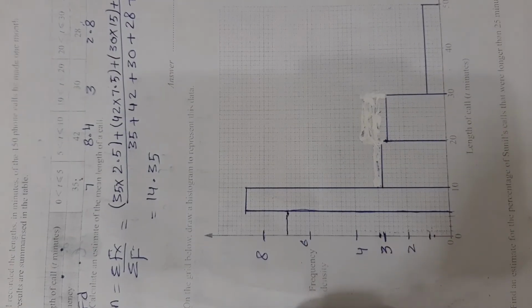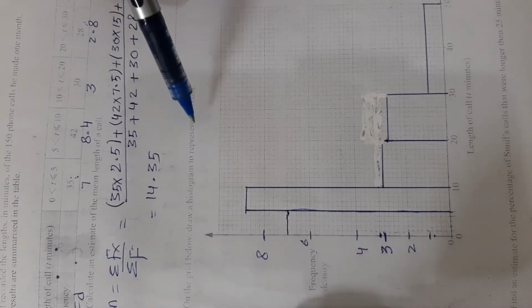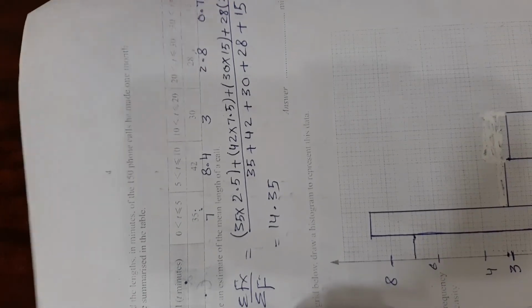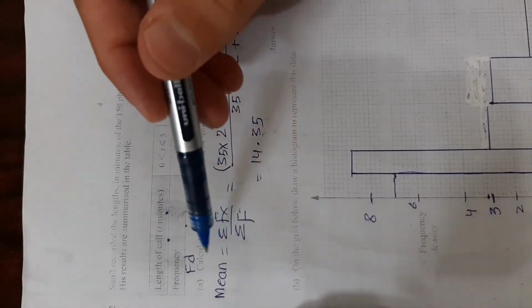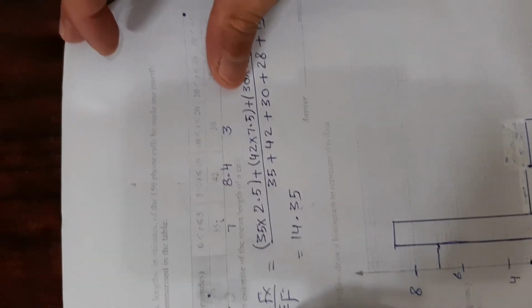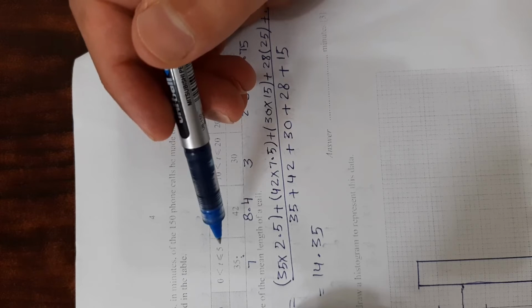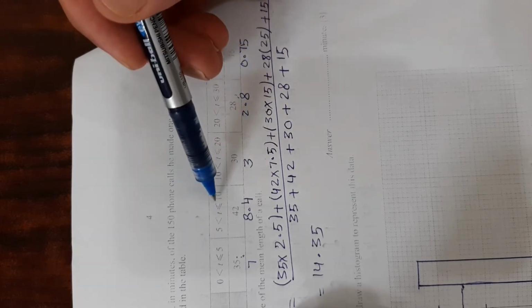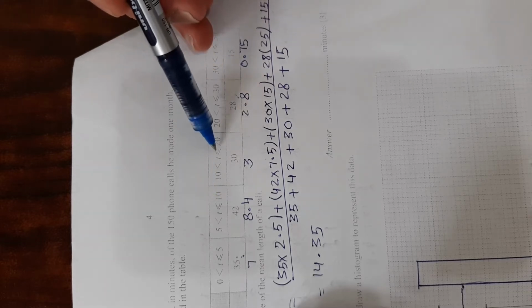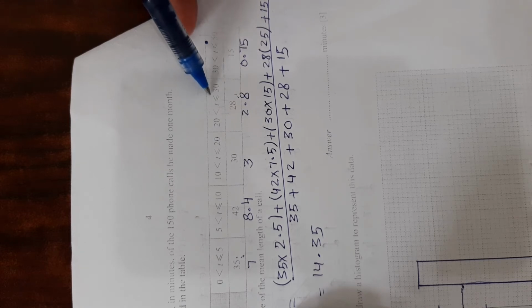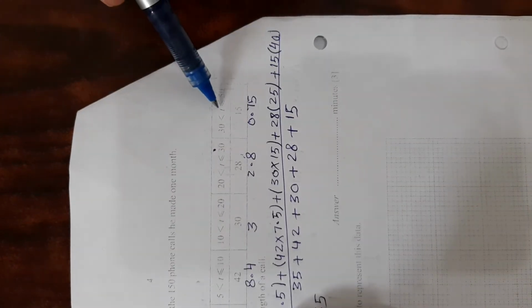Now in the second part, they have asked us to draw a histogram to represent this data. For a histogram, you need to find frequency density, as I have done over here. Frequency density is used when your class intervals are different, unequal class intervals. Here we have a class interval of 5. Here you have got an interval of 5. Here we have a class interval of 10, or class width. Here you have a class width of 10. From 20 to 30 we have a width of 10, and here we have a class width of 20.